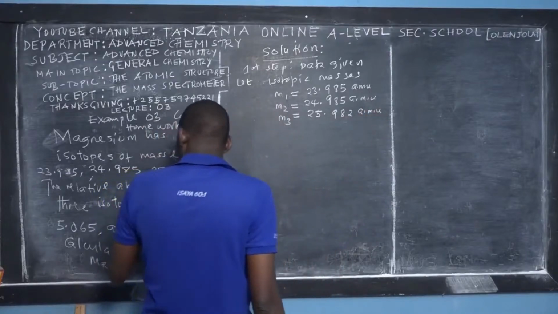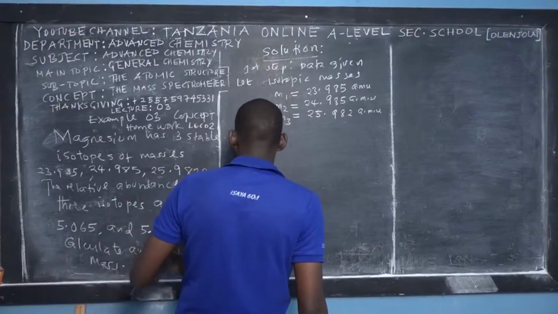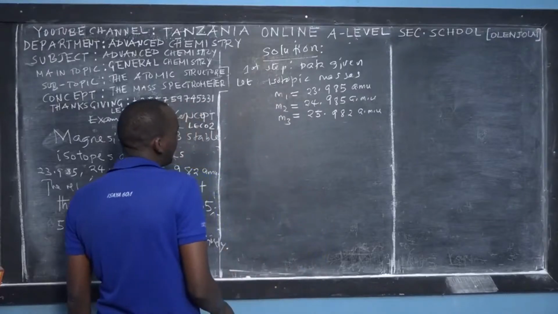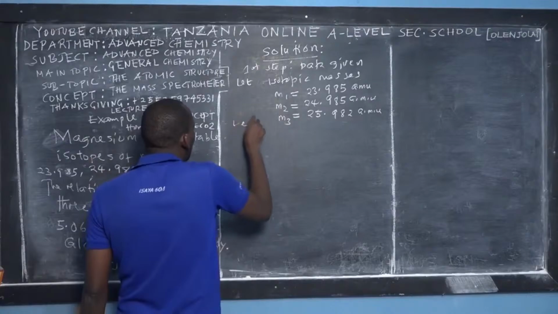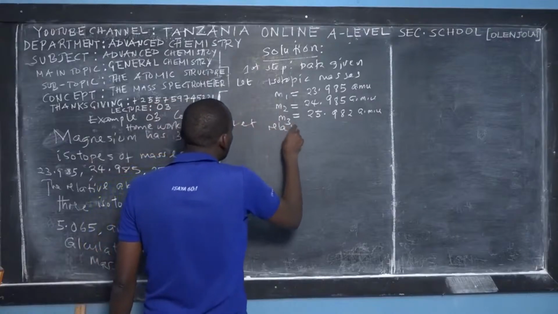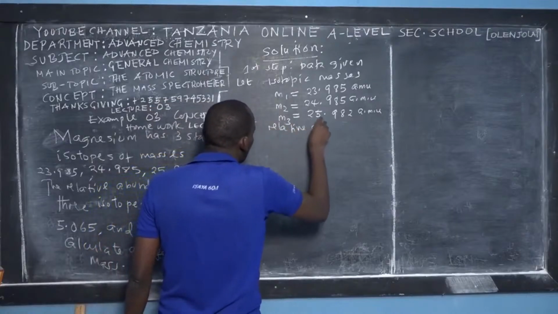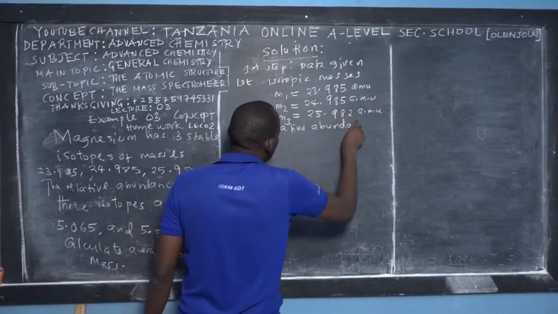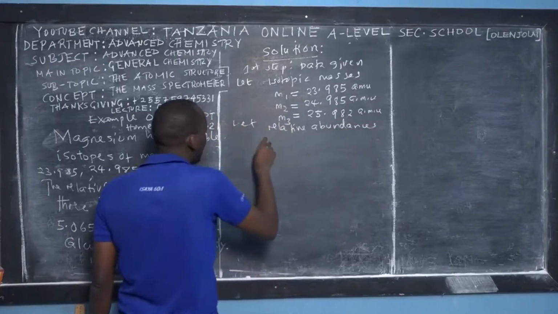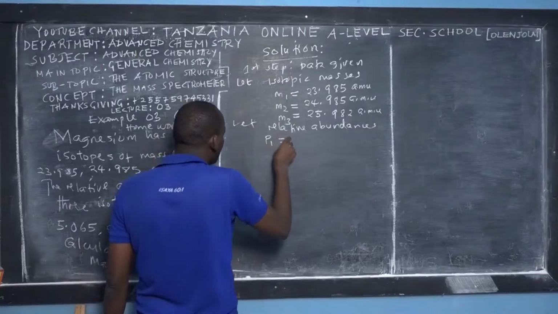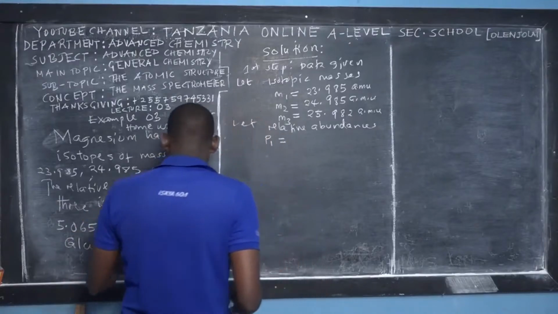The relative abundance of the 3 isotopes is given, so let the relative abundances be P1 is equal to